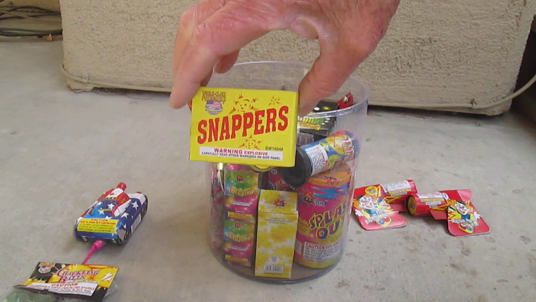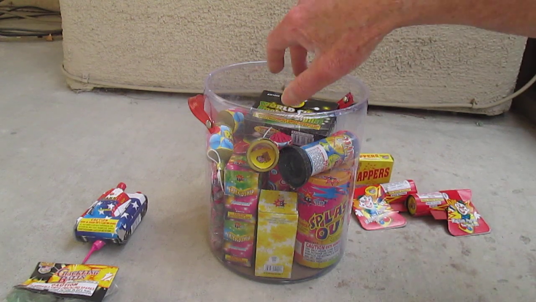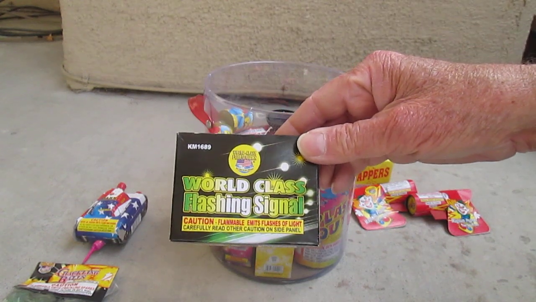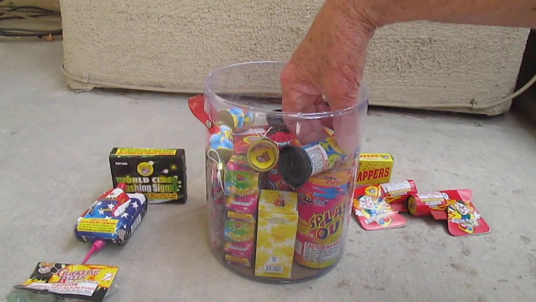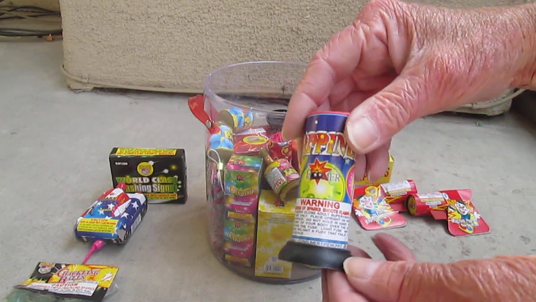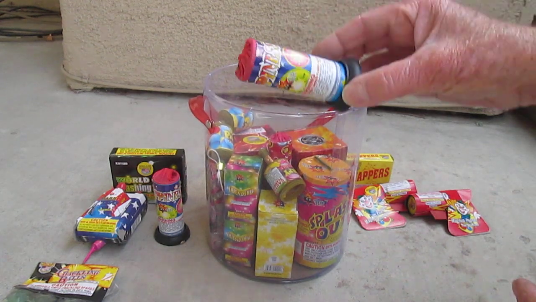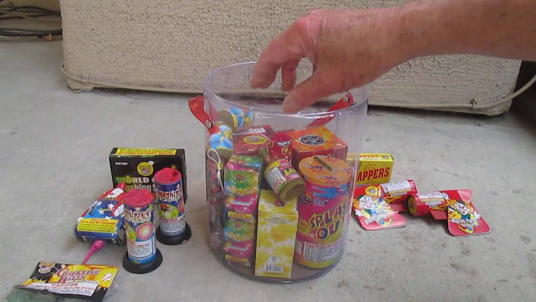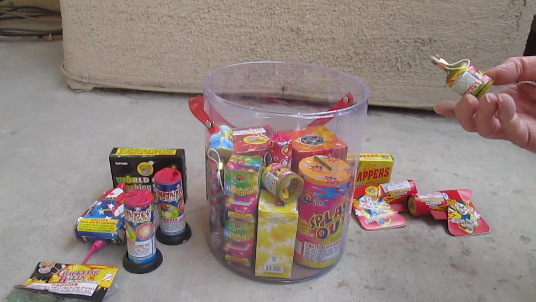small box of snappers by World Class, box of World Class flashing signal, 2 small happiness fountains by Boomer, 3 party poppers by World Class,